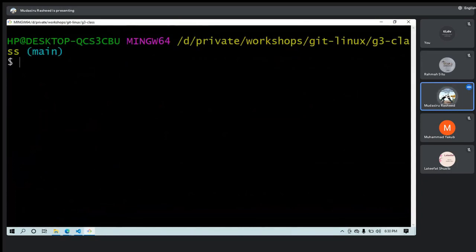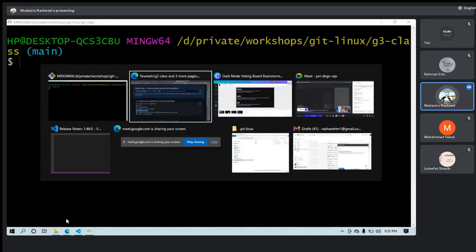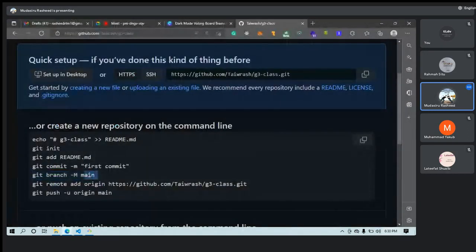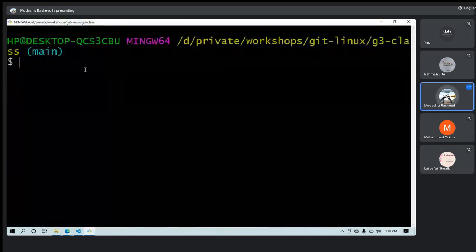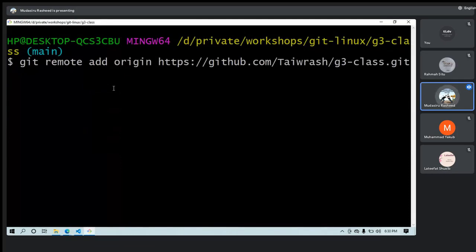We have others like checkout to create a new branch of our own. Next time I think we should have a better time to explain that. But for now, I've switched to that, and I can come here and say I want to add the remote to my local. So I can copy this, come here and paste it, but you can write it out.